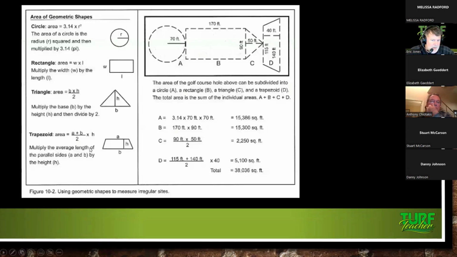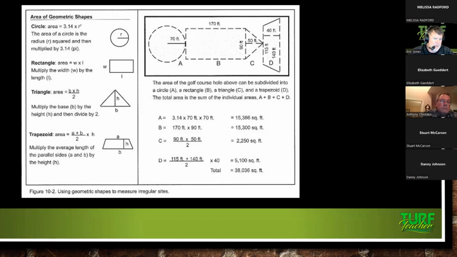All right, basic geometry. Y'all won't believe this, but in the college where I teach, we get students every single day that have totally forgotten geometry. And we think when we take geometry in 9th or 10th grade in high school, we're never going to use this stuff ever again. But we do in lawn care. We're measuring out our properties. And the best thing to do is to cut the lawn into sections that we can easily identify, whether it's a circle, rectangle, square, triangle, because we have those formulas to calculate our square footage.